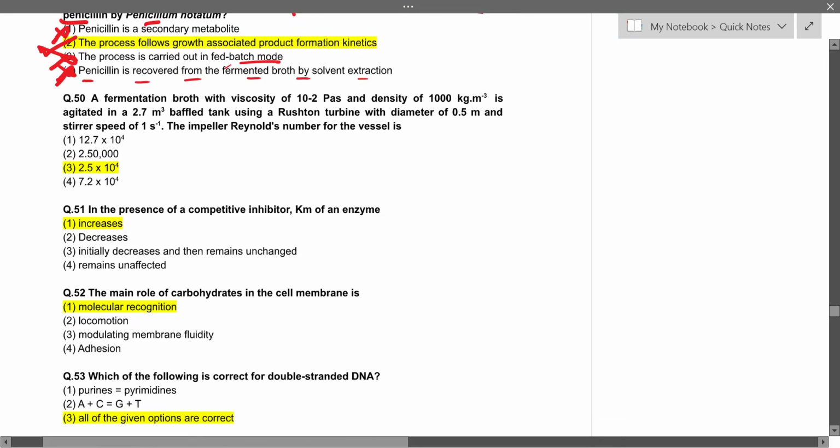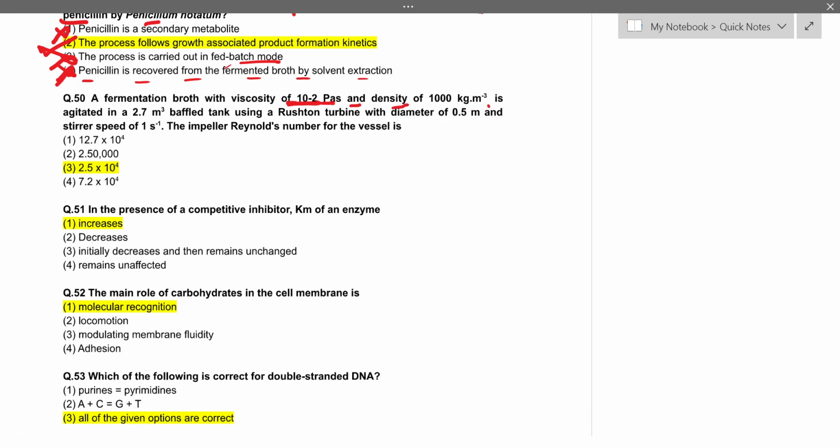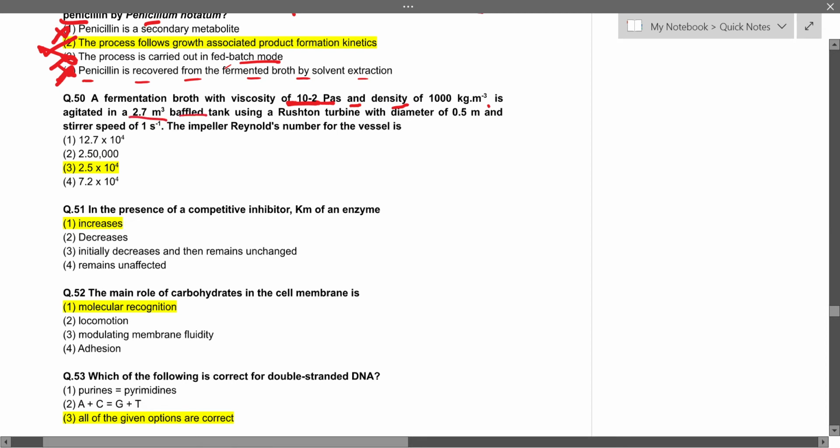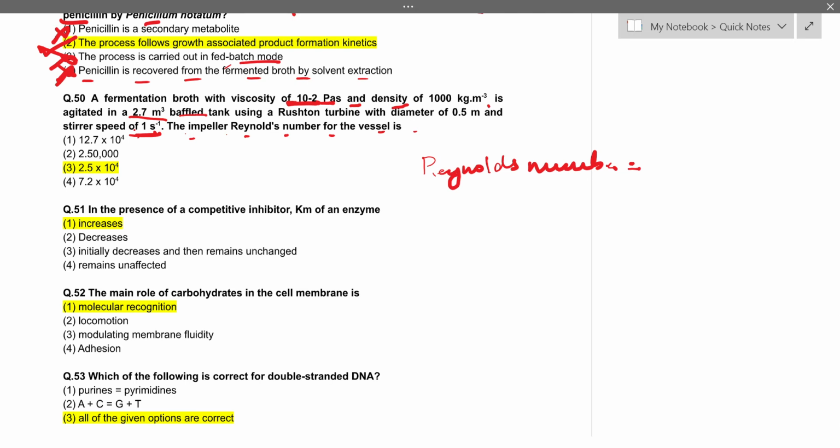Next is a fermentation broth with viscosity of 10 to the power minus 2 Pascal second and density of 1000 kg per meter cube is agitated in a 2.7 meter cube baffled tank using a Rushton turbine with a diameter of 0.5 meter and stirrer speed of 1 per second. The impeller Reynolds number for the vessel is? So the formula for Reynolds number is a little big formula that we have to remember to solve this kind of questions. Reynolds number is equal to rho